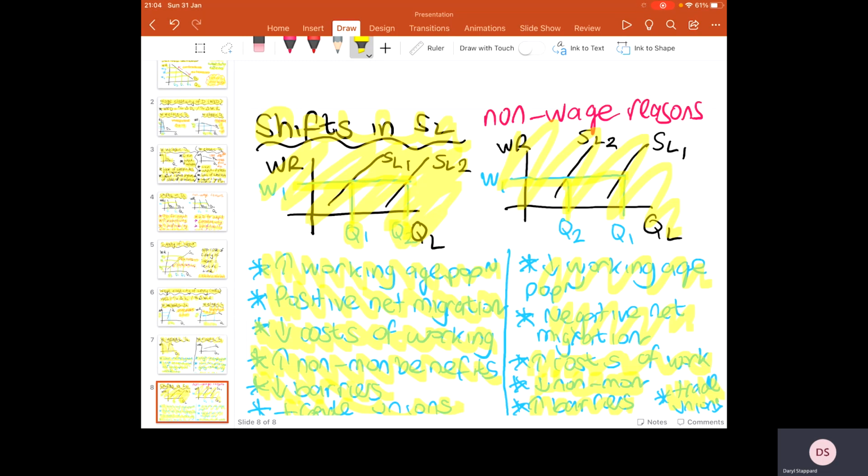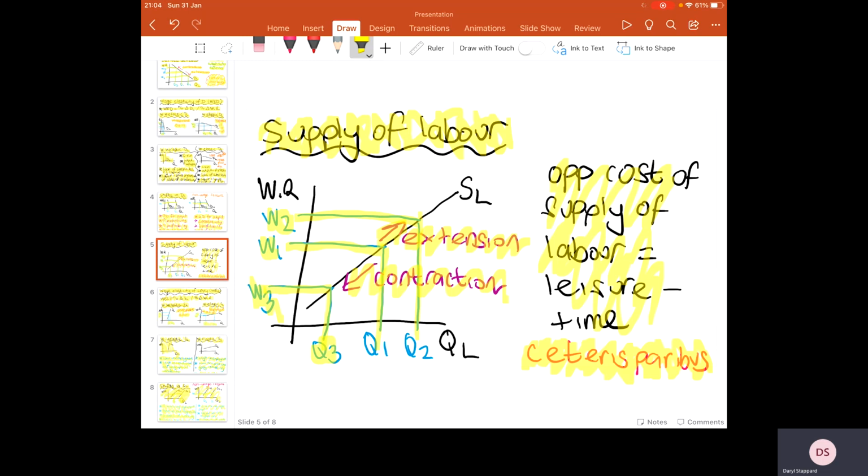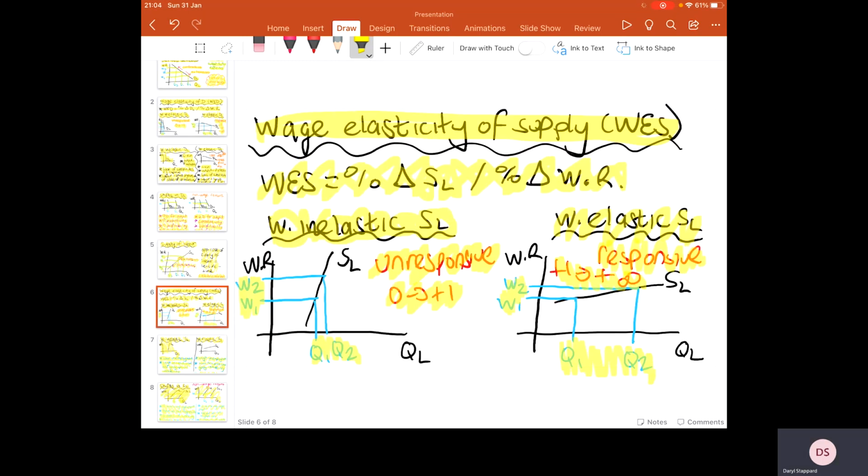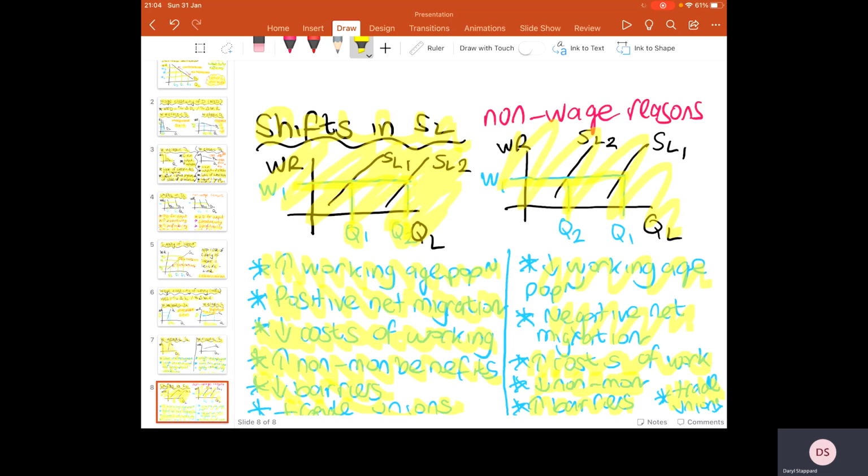Right, guys, well, hopefully you are now comfortable with the supply of labour. Before I go from this video, what you need to be aware of is that a supply of labour curve is drawn on the assumption of ceteris paribus. The only thing we're changing along the supply curve is a change in wage rates. We can look at how much the supply of labour will change as wage rates change by looking at wage elasticity of supply. But we've also got to be aware we can have non-wage reasons why the supply of labour can either